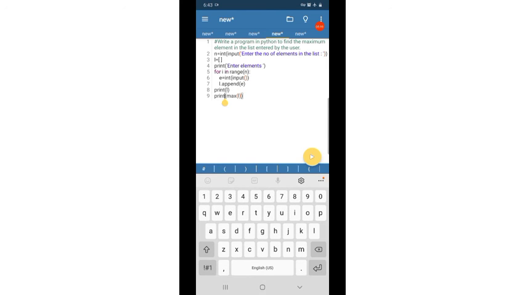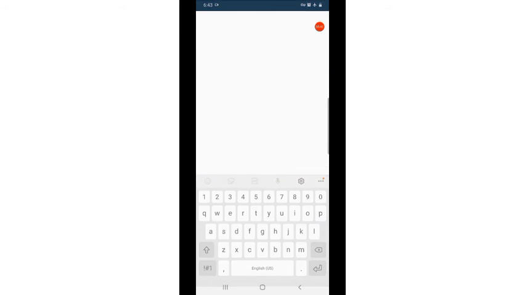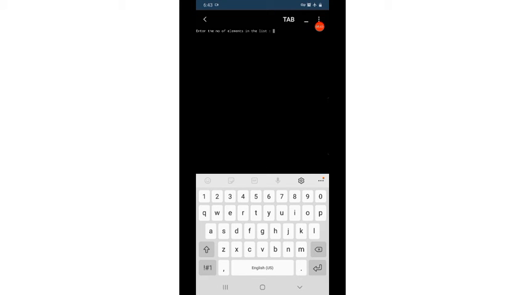Here we can write 'the maximum value is' in single quotes. So the maximum value is 6.